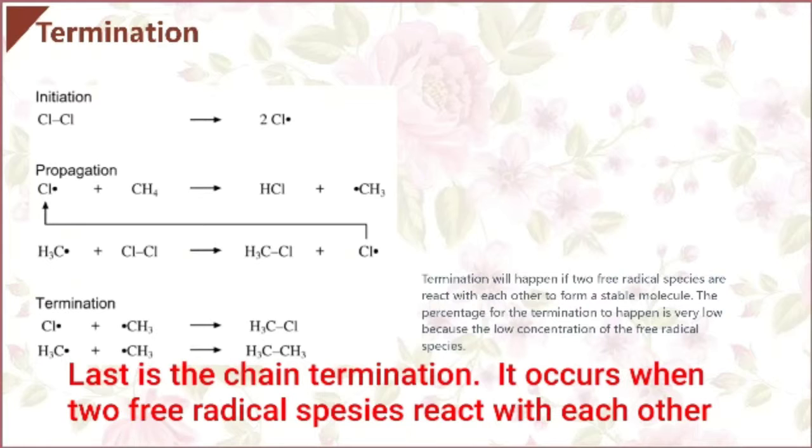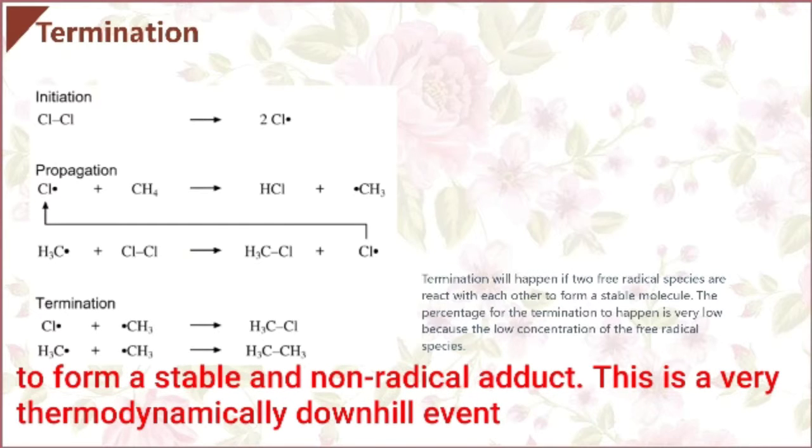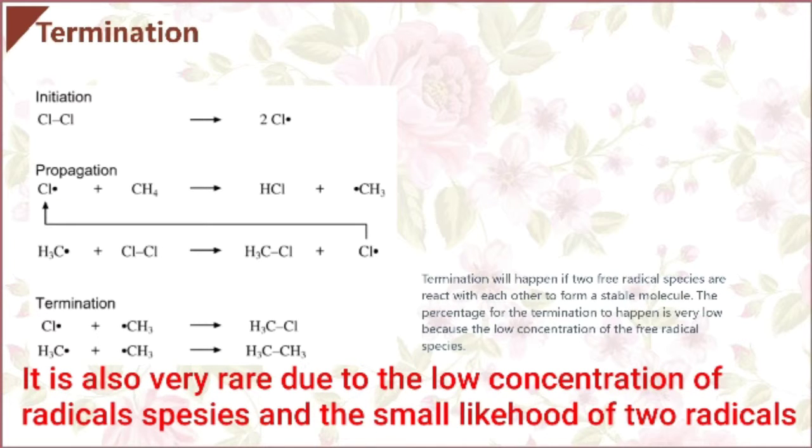Last is the chain termination. It occurs when two free radical species react with each other to form a stable, non-radical species. This is a very thermodynamically downhill event. It is also very rare due to the low concentration of radical species and the small likelihood of two radicals